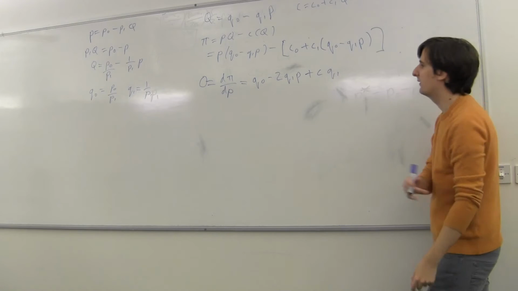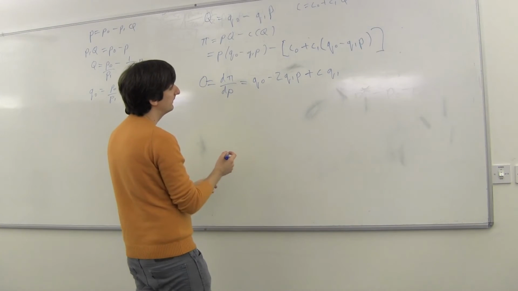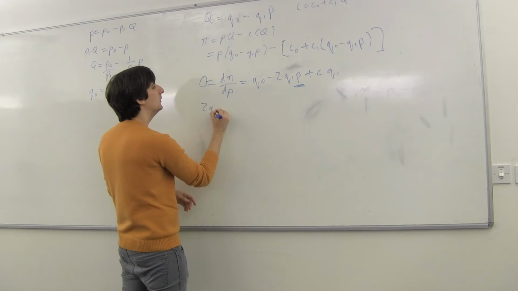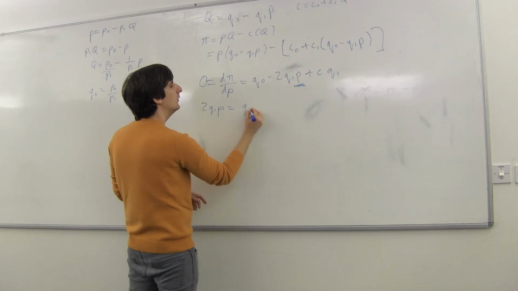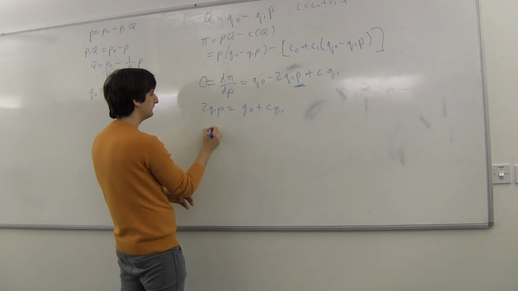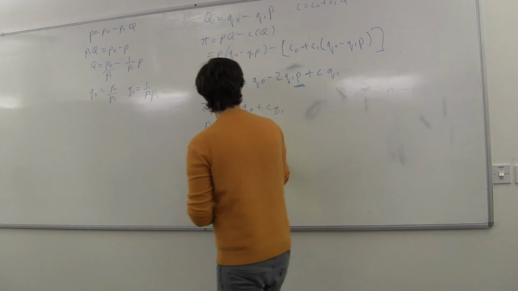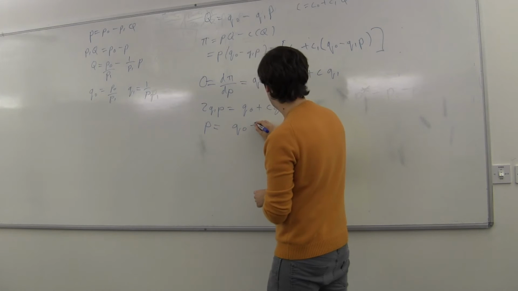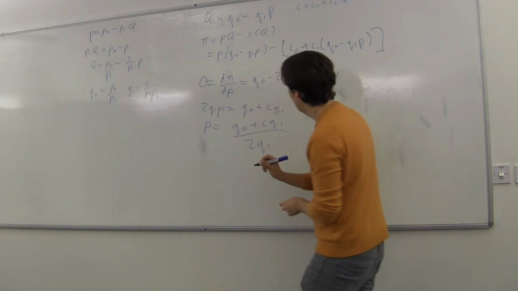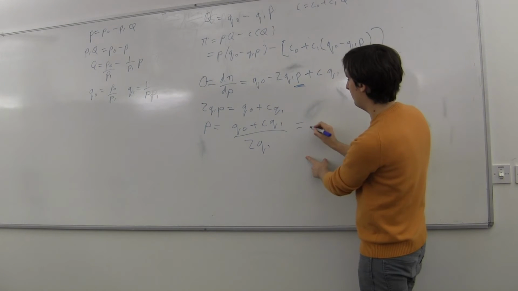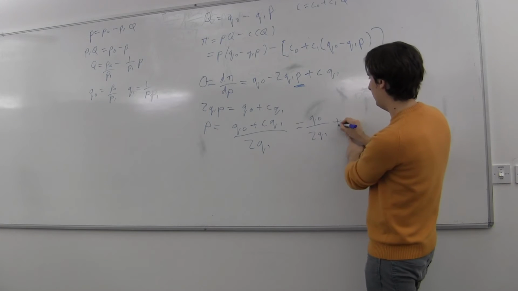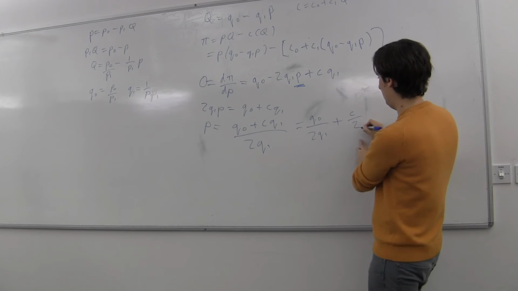Happy? Then skipping steps a bit. So we want to solve for P. Let's take it over to the other side. 2Q1P is equal to Q naught plus CQ1. So P is equal to Q naught plus CQ1, all divided by 2Q1. Or equivalently, the Q1's cancel, so we can write it as Q naught over 2Q1 plus C over